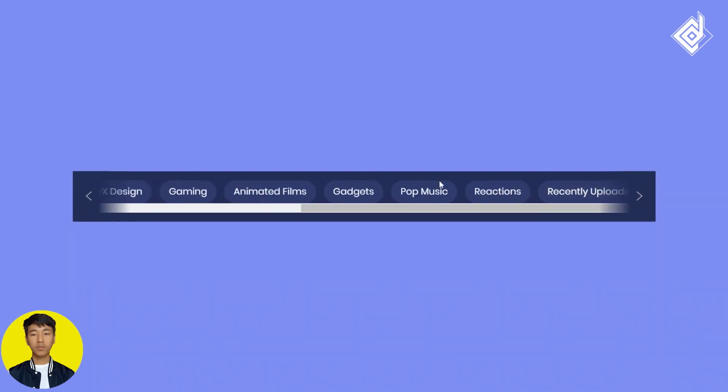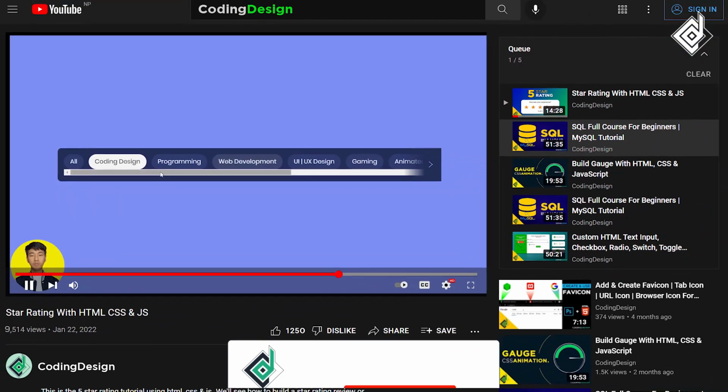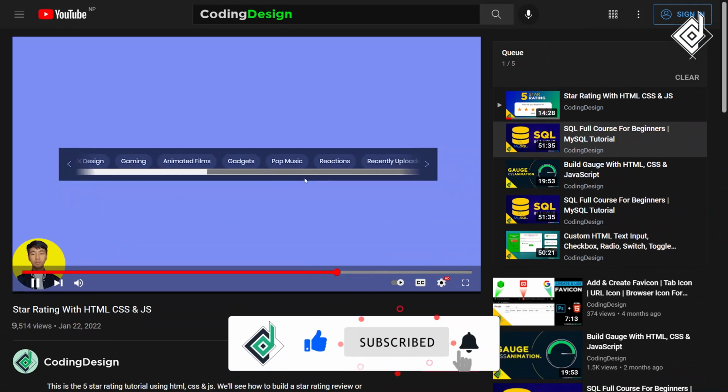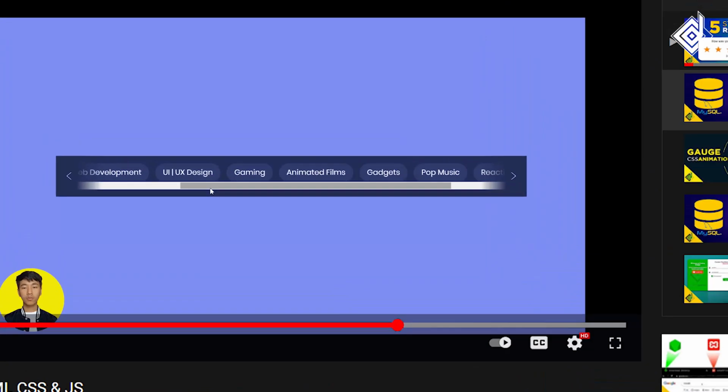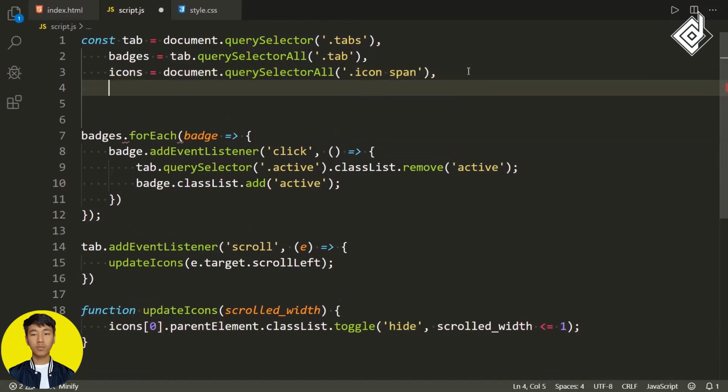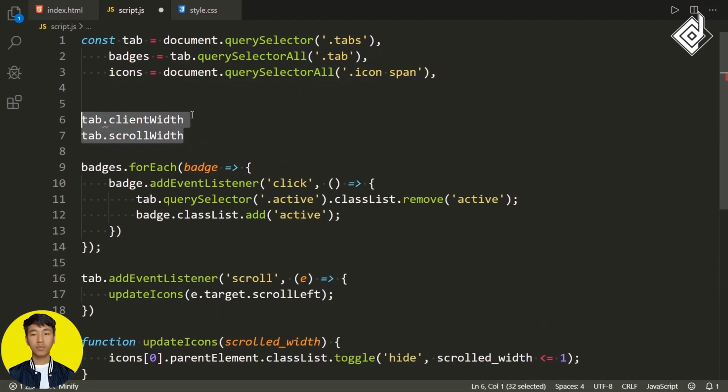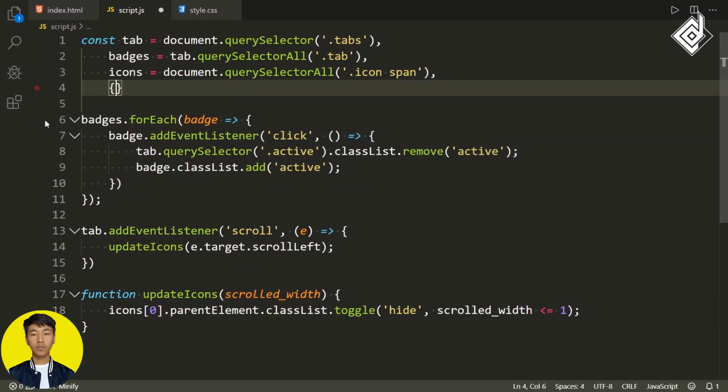So now it's time to give the same functionality for our right arrow icon, but this time there is some complex calculation. It won't be that complicated because I want to give some explanation. I hope you will understand that. Before that, we now need two more values, that is the client width and scroll width of our tab. For that, you could write something like tab.scrollWidth and clientWidth, but whenever you need the scroll width and client width of that tab, you have to write the same code again and again. In order to prevent that, you could use something called object destructuring. So you can write curly brackets, and within that you can write clientWidth, comma, scrollWidth